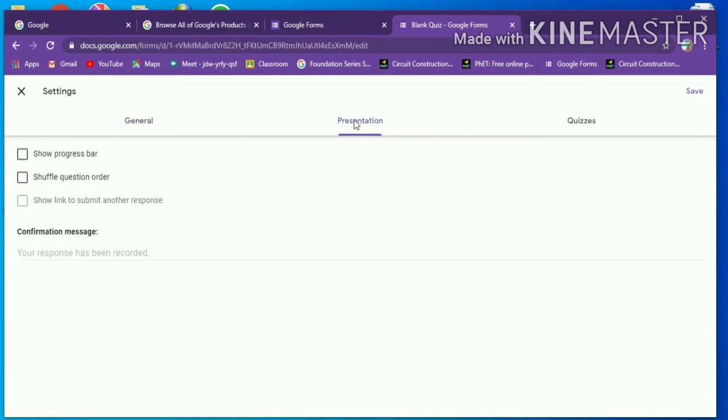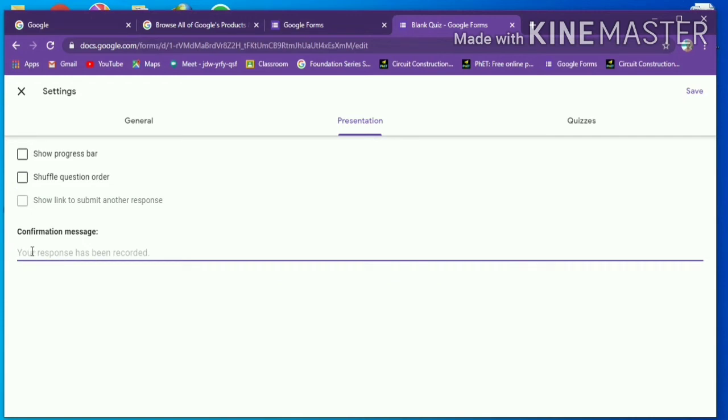If you want to shuffle question order, select shuffle question order. If you want to give a confirmation message, use this tab.